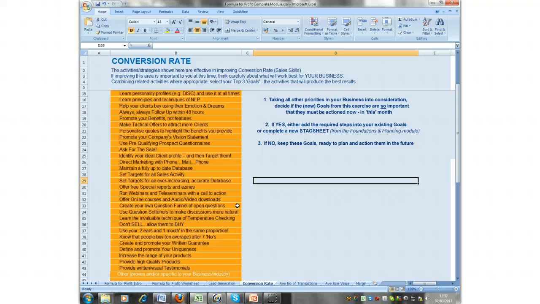So other things here, your questions funnel, absolute must to know the right questions. Question softeners, what are they? Well, they're things that say, by the way, or you introduce it by saying, incidentally, or just to clarify. So all these things, you don't need me to go through them all, but if you do have a guarantee, if you are aware of your uniqueness, if you have a range of products that you promote each time, and here,